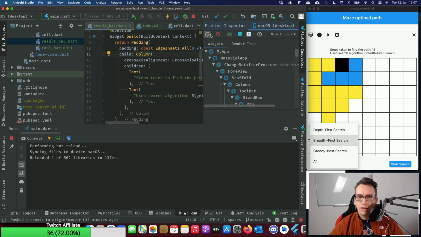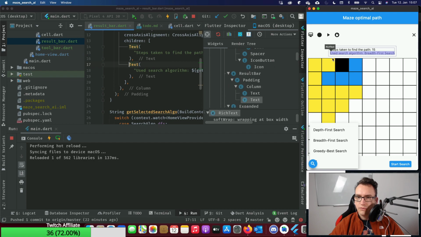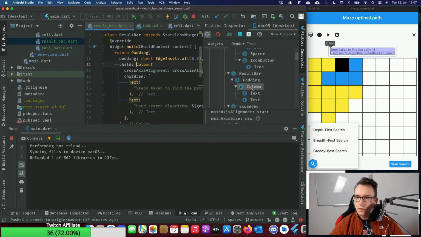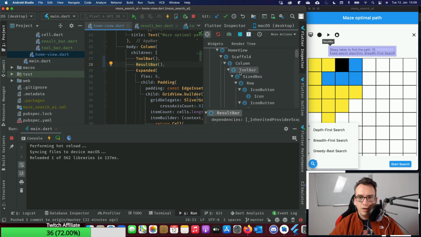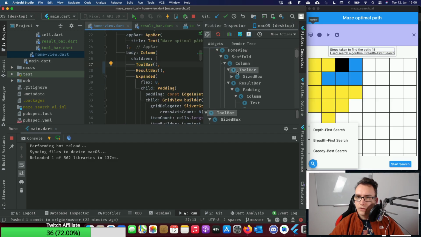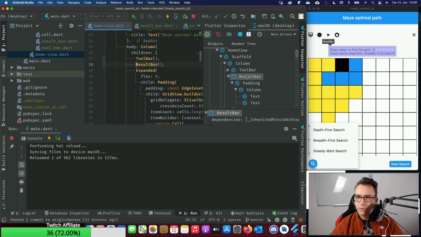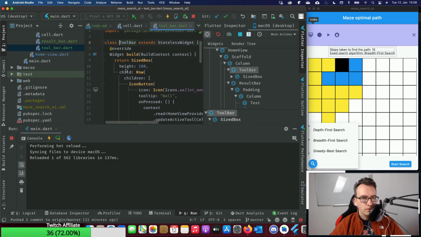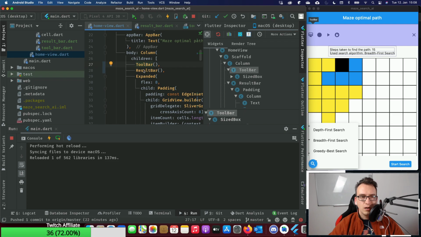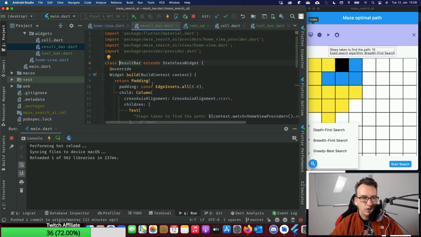Where does this come from now? Why are you not taking the full space? This column is somewhere in between, inside of the result bar. And the result bar doesn't take the full space. We have a toolbar that takes full space, but this result bar does not. We have a size box inside without any height, without any width. So maybe that is the reason.